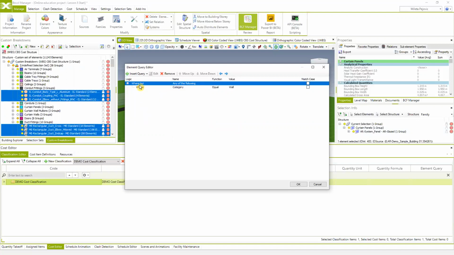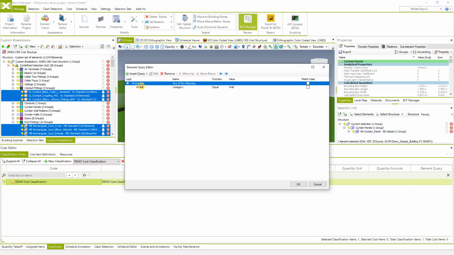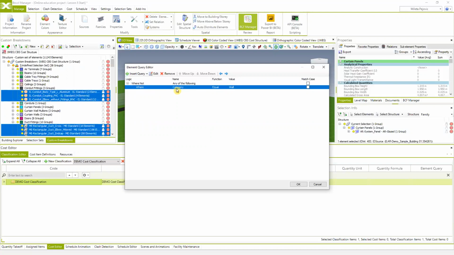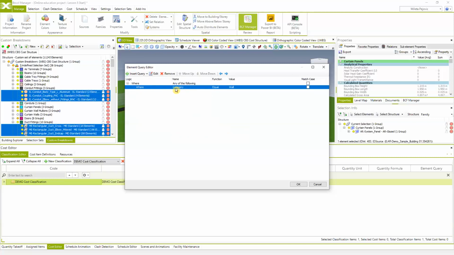In this case, if I hit OK, the system will include all elements except the category of the walls, because we said all the elements which are not category of the wall. Again, I'm going to use the option negate again, and then all the elements which are in the category of wall will be applicable for this cost classification. So if I hit OK